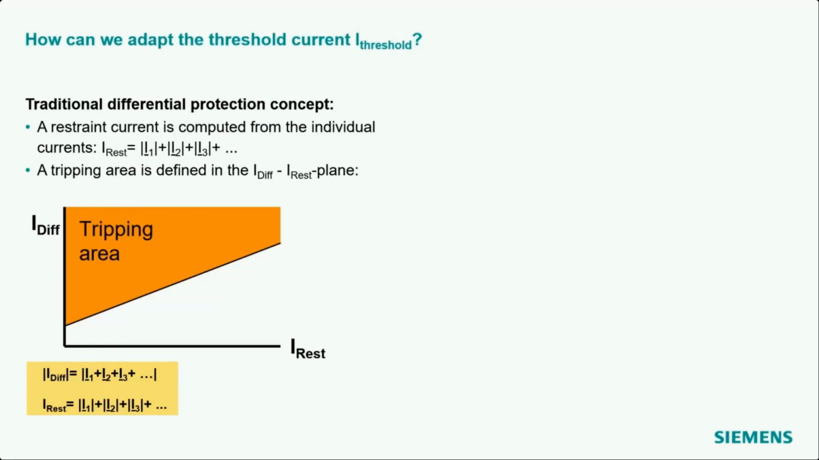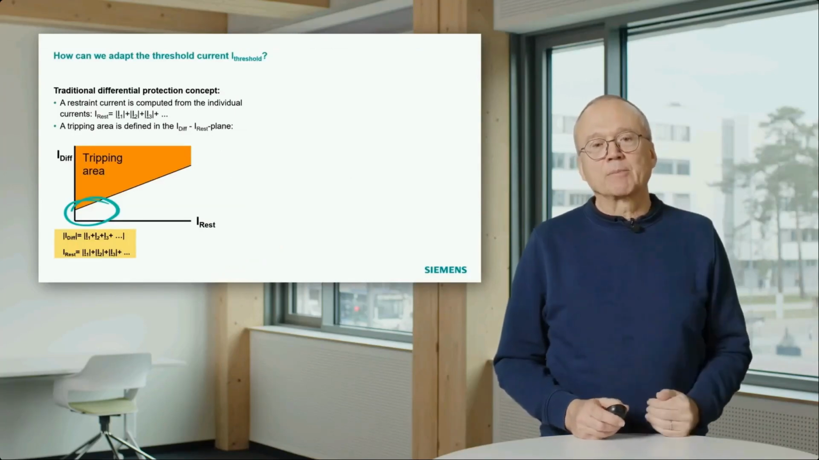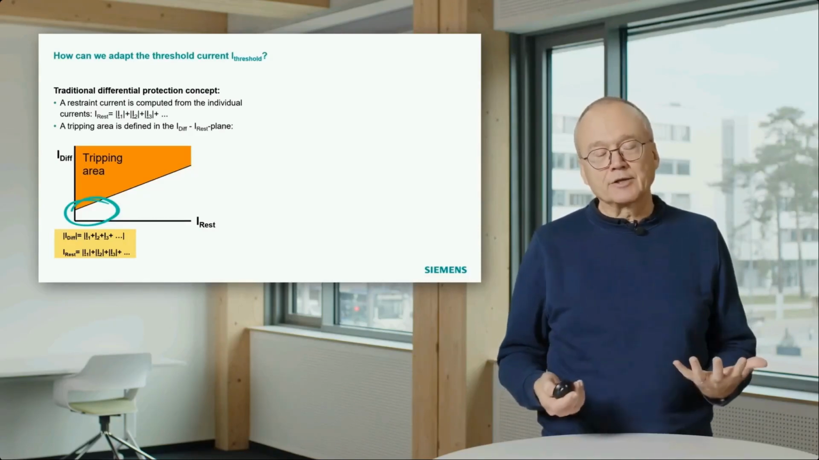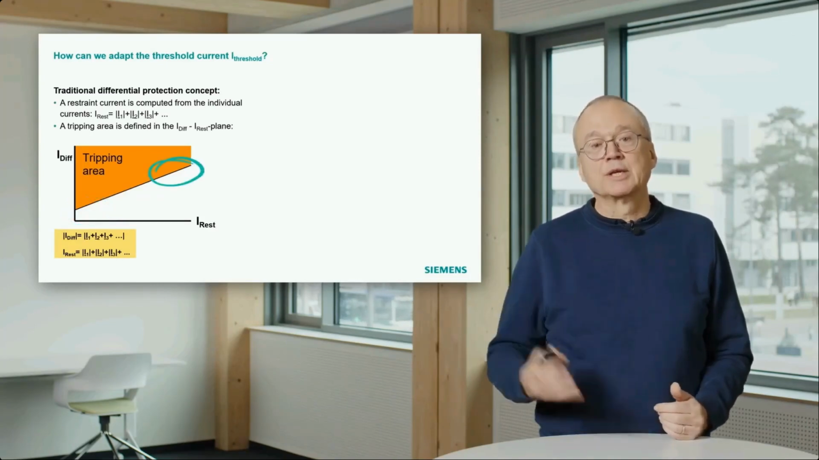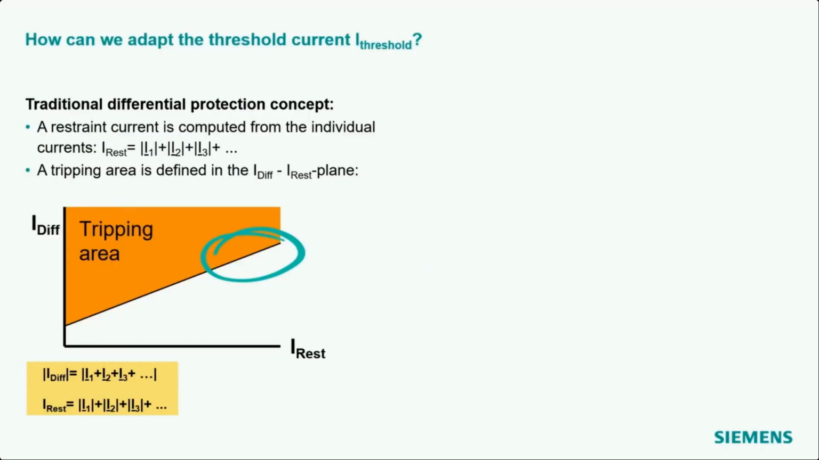And then you define in this plane a tripping area. It can look like this orange area here. You see in particular applications it may look a little bit different, but the idea is always the same. And that means as long as you have low currents flowing, that means the restraint current is low, then the limit where the tripping area begins, this threshold value, is lower. And if you have high currents flowing, think about our through fault, then the limit where we do the tripping is higher. So that is just given by this